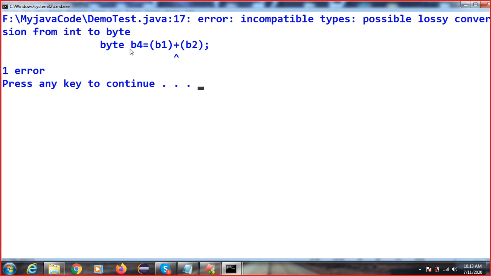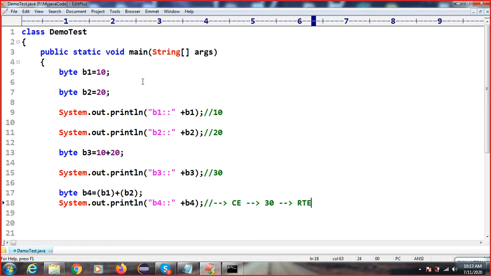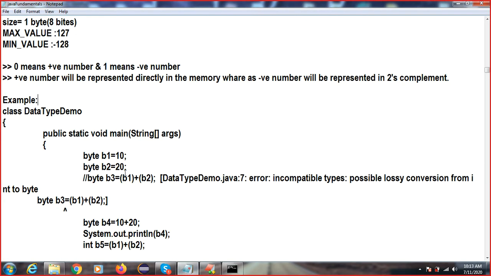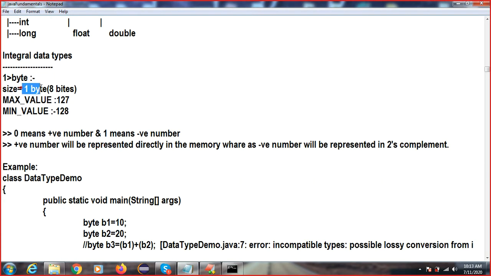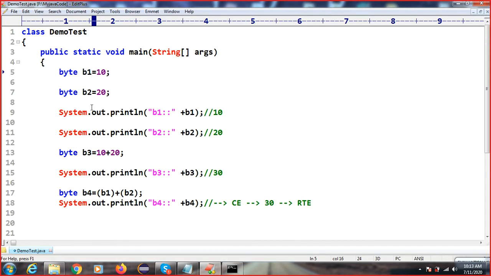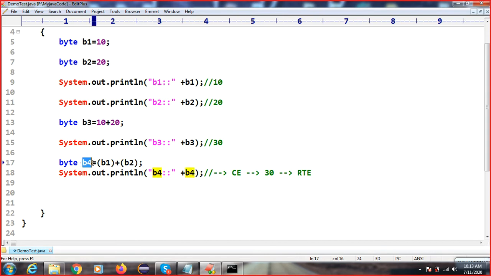So what happened here? Integer to byte. The problem is the size of byte is only 1 byte. I have given this, 1 byte, but we are storing 2 bytes. So we have 1 byte of memory and we are storing 2 bytes, and that's why we get this compile time error.